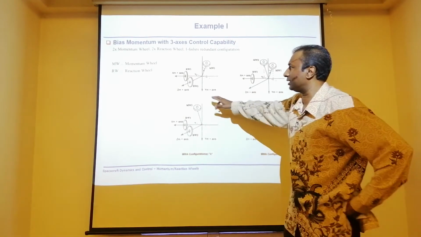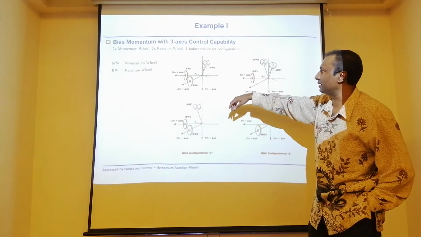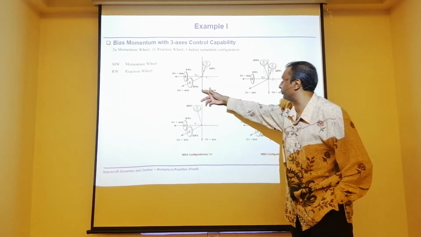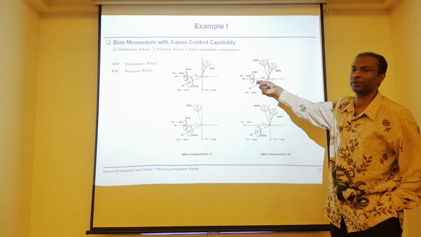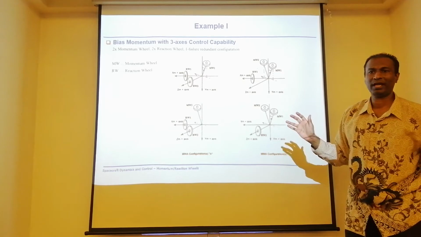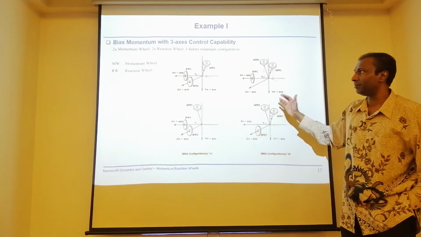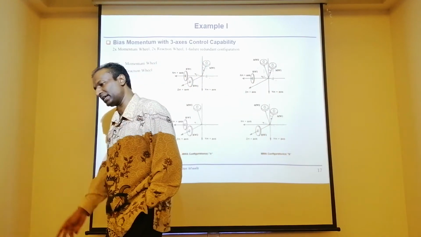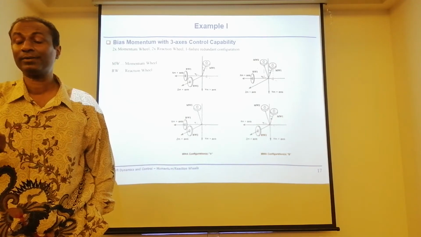So you can do, I take this momentum wheel, reaction wheel. So you have 1 momentum wheel, you have 2 reaction wheels. You can have 2 momentum wheels, you can have 1 reaction wheel. So there are so many combinations actually we can do. Absolutely so many combinations. The list can go on. But the principle is this. In order for you to control 3 axes, you must have at least 3 minimum. You must have 2 minimum